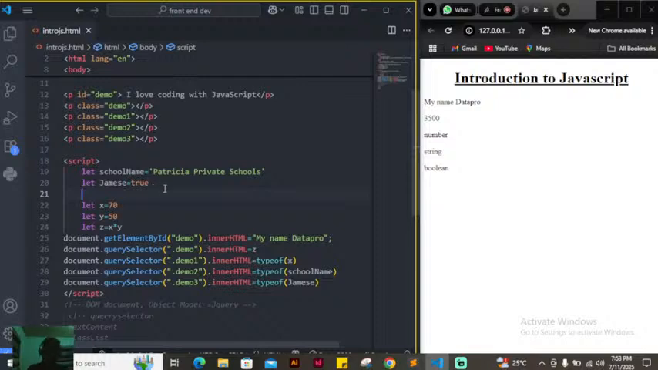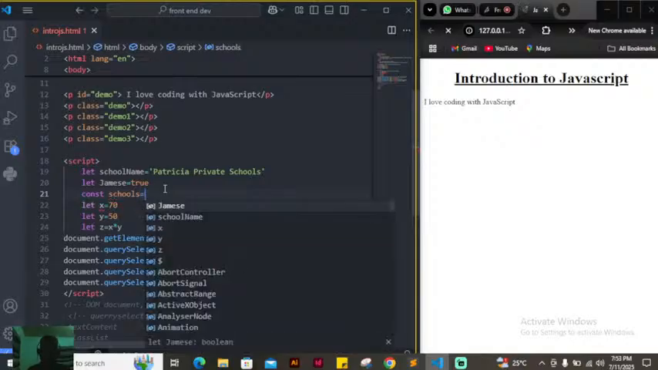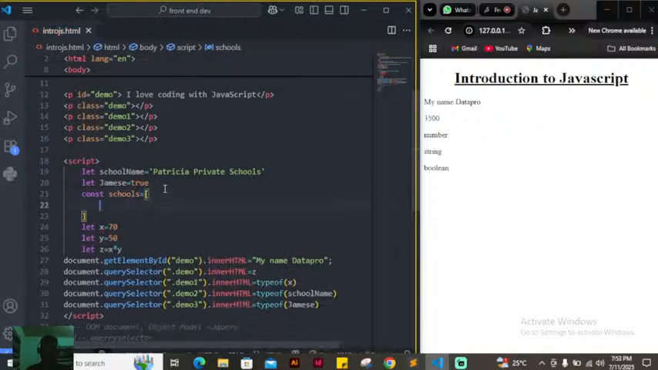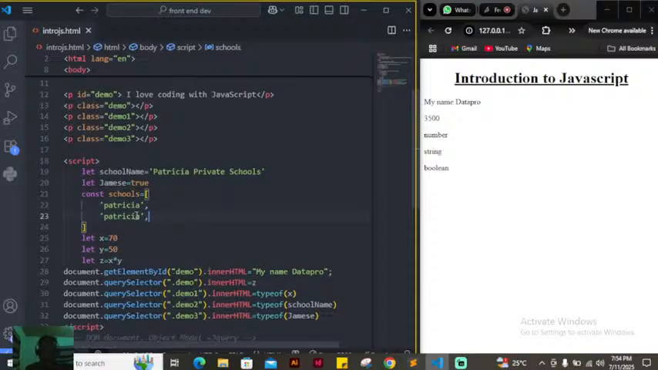So if you are declaring an array, let's say I declare a const, an array for schools. I pass my equals to. You declare an array with a square bracket open and a square bracket close. It means that this is an array. So if I say, for example, I have my first school here called Patricia. Then you have to pass a comma. Remember I said that a string is either a single quote or a double quote. Let's say another school